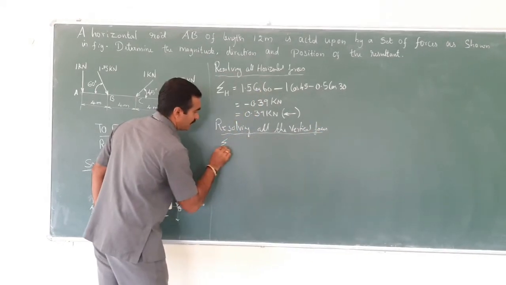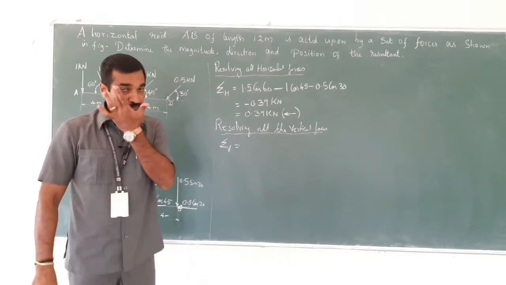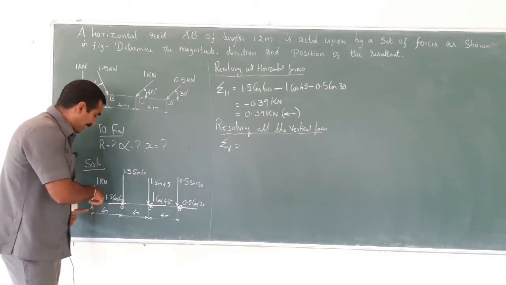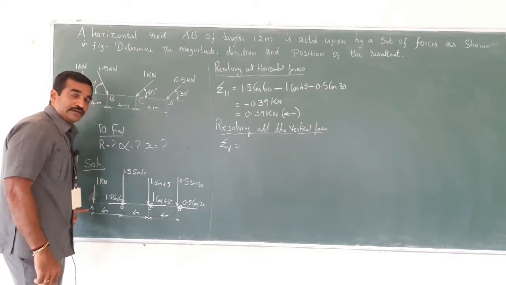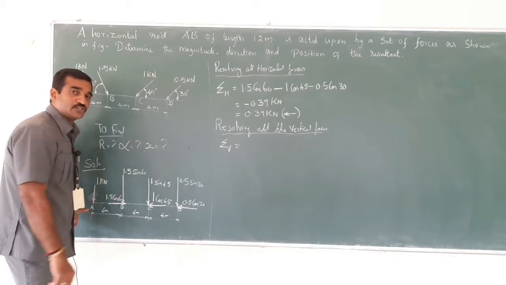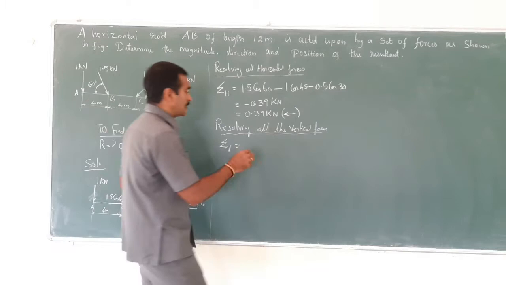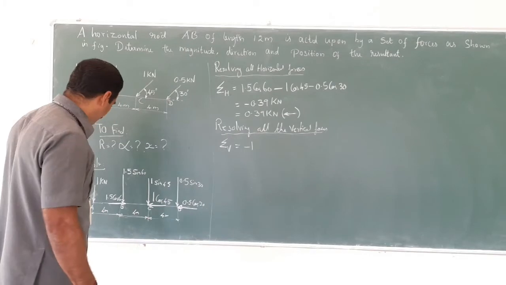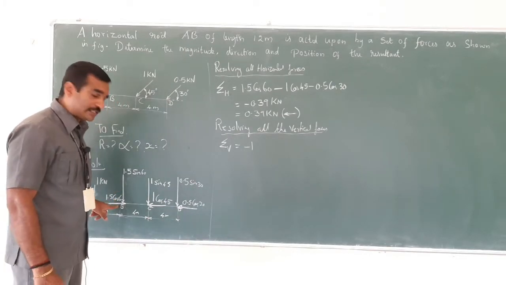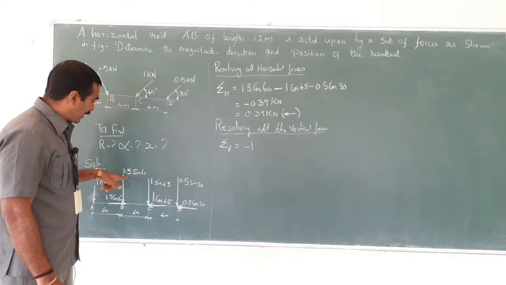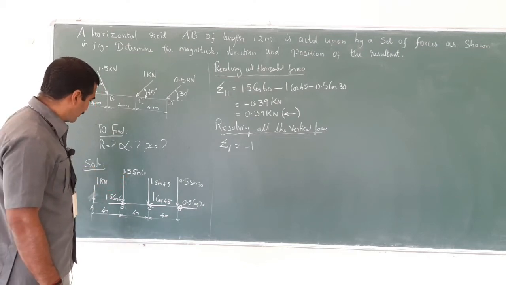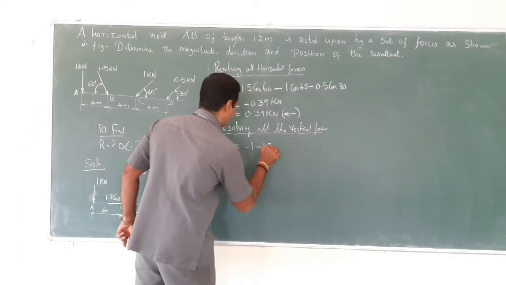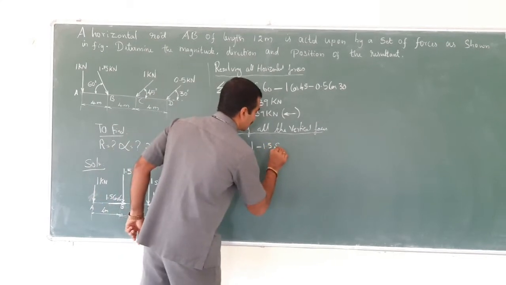Which can be mentioned as summation V, equal to the sum of vertical forces. Look at point 1, that is A, where a force is acting vertically downwards. So when the force is acting vertically downwards, it will carry the negative sign. So minus 1, right, because it is acting vertically downwards. Next, a force at point B which is acting vertically downwards, and the magnitude is 1.5 sin 60. So minus 1.5 sin 60.